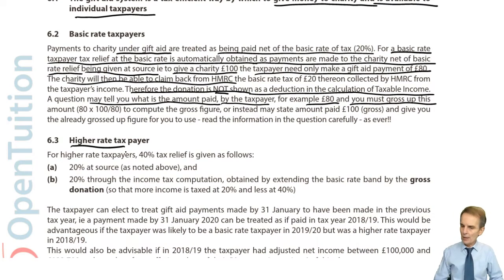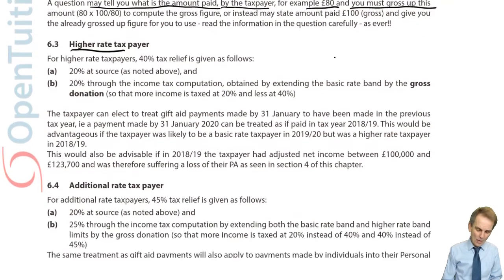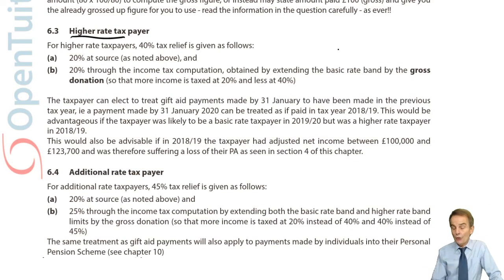So read it carefully. Same with my personal pension contribution. They either tell me that I paid £8,000 into my personal pension scheme, and that therefore is a net figure, and to get the gross, my 8,000 times 100 over 80, grossing up for the 20% basic rate tax, gives me my 10,000. Or the question tells you paid personal pension contributions of £10,000, in brackets next to it, gross. So we need to establish what that gross figure is. Now then, if you're only a basic rate taxpayer, there's nothing else to do.